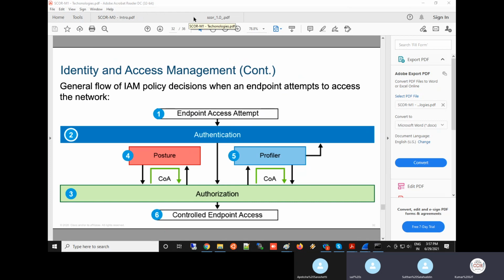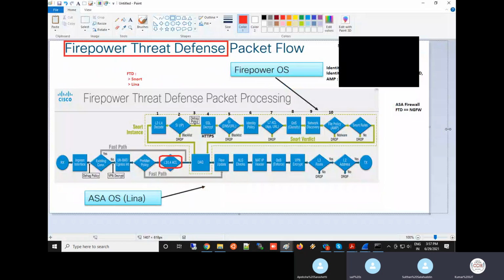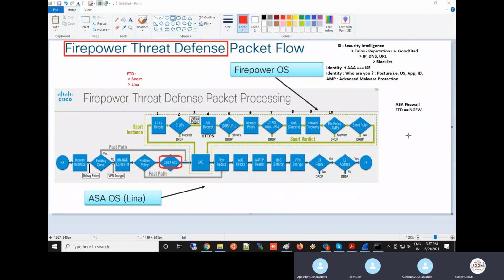So basically this is the CCIE syllabus. Let's go back to this. Try to answer now. The question will come from this. What all functions can a firewall do? This is what FTD will do. Just see that and tell me what is written here. SI is written, NAT is written, QoS is written, VPN is written, Snort is written.